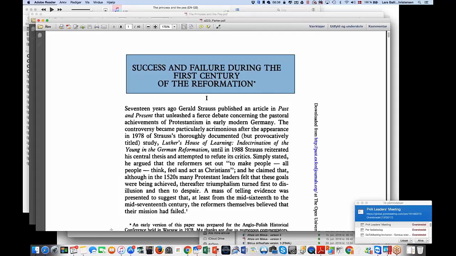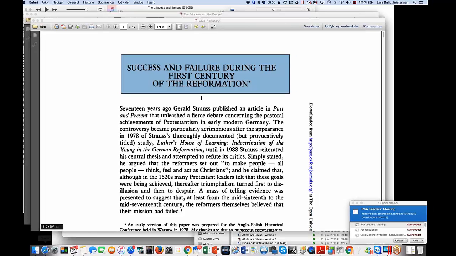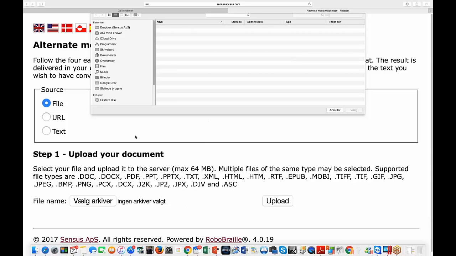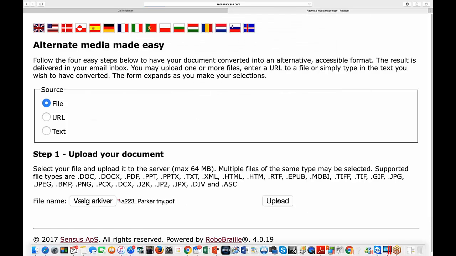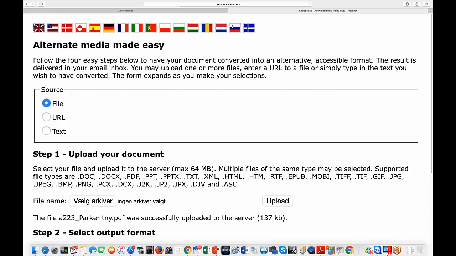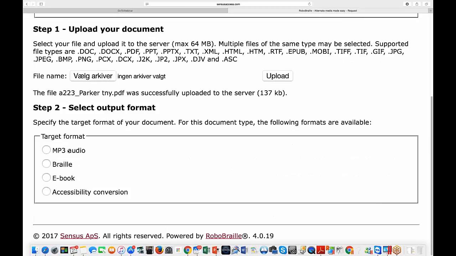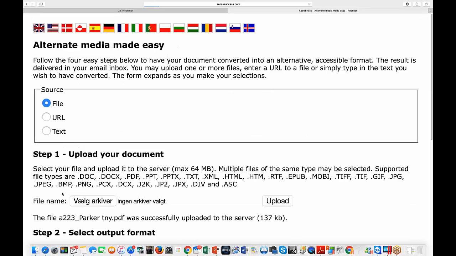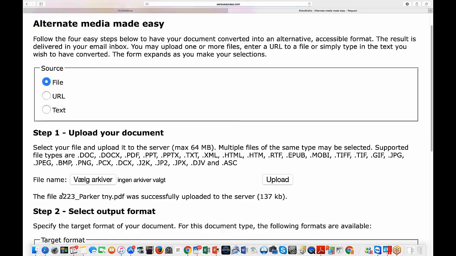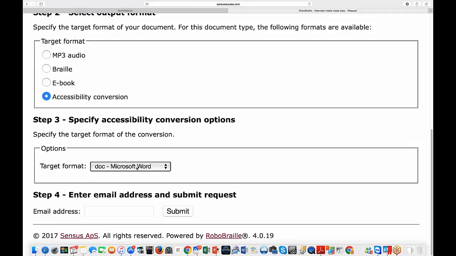So I'm going back to the web form, and I'm going to select the file. I'm going to upload it to the service. In step 2, instead of selecting the MP3 audio option, I'm selecting the accessibility conversion option now. In step 3, instead of getting a long list of available speech synthesizers, what I now get is a list of available